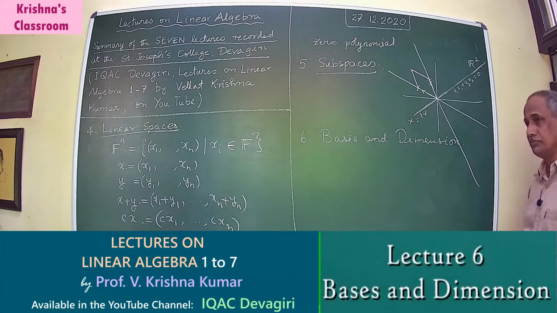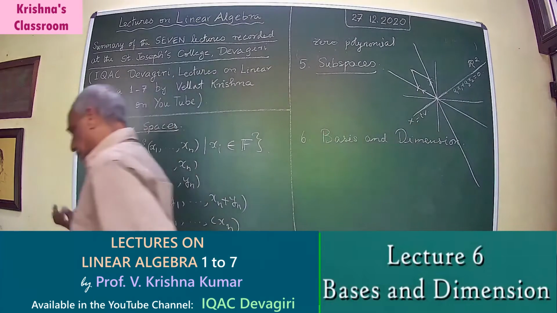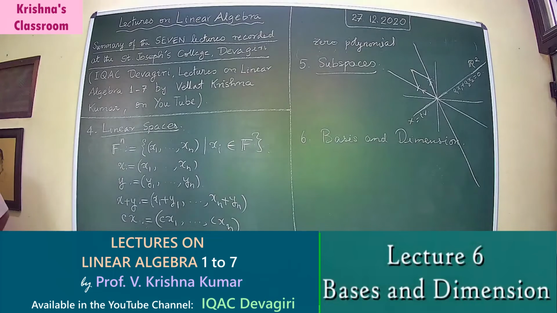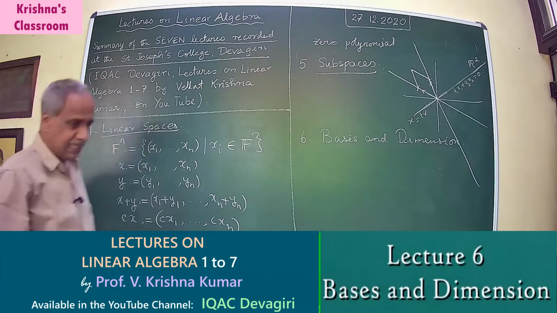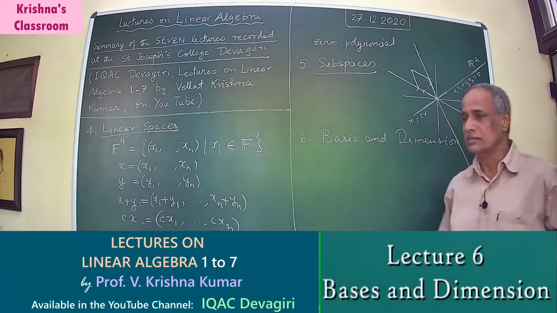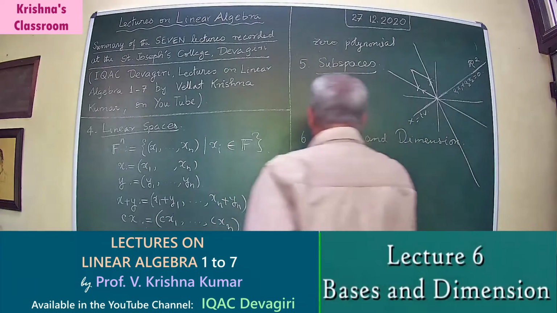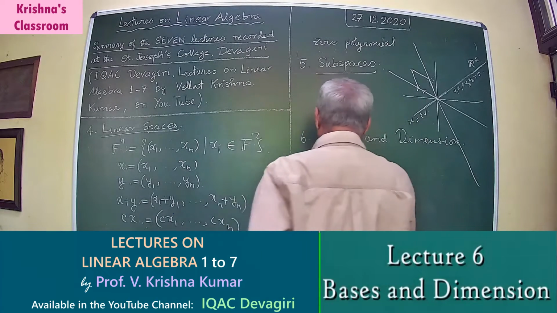That is possible. Okay. So you need to know only a smaller class of vectors to generate a vector space. Such an optimal class of vectors is what is called a basis. In fact, we introduced here the idea of what is called